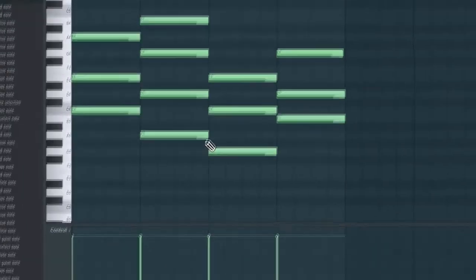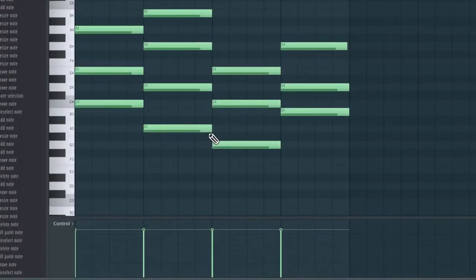Okay, so the last thing I'm going to talk about in this lecture now is editing the note velocities. So the velocity is how hard the note is hit. So for example, on a piano, if you play the note very softly, compared to as you play the note very hard, it will give you a different type of timbre as well as different volume. So the easiest way to adjust the velocity in the piano roll editor here is just select the note that you'd like to change,